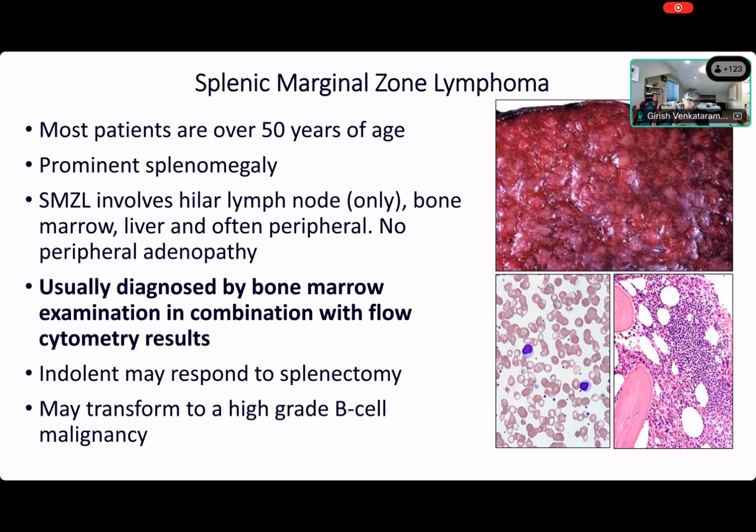So these are the patterns you look for. Is it paratrabecular? Is it interstitial in the marrow? And if it's interstitial, is it also sinusoidal, right? Especially only inside the sinusoids. And is it exclusively sinusoidal? That's also important to know, right? So we make these deductions based on what we see.